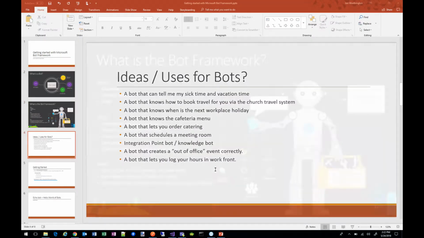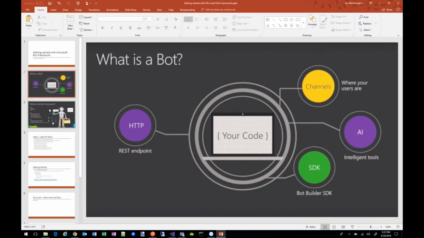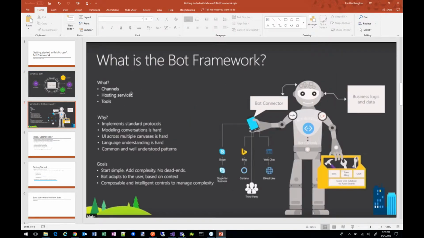Microsoft made this really cool SDK called the Bot Builder SDK. I'm not going to presentation mode, I don't care. The Bot Builder SDK, or the framework, is basically a collection of pieces. There's a thing called a bot connector, and the connector lets your web service connect to the different channels. There's a whole list of channels that are allowed, for example Skype for Business, Microsoft Teams, Facebook.